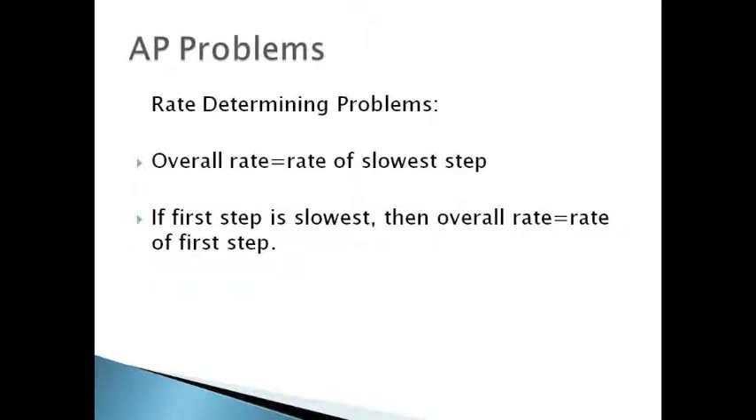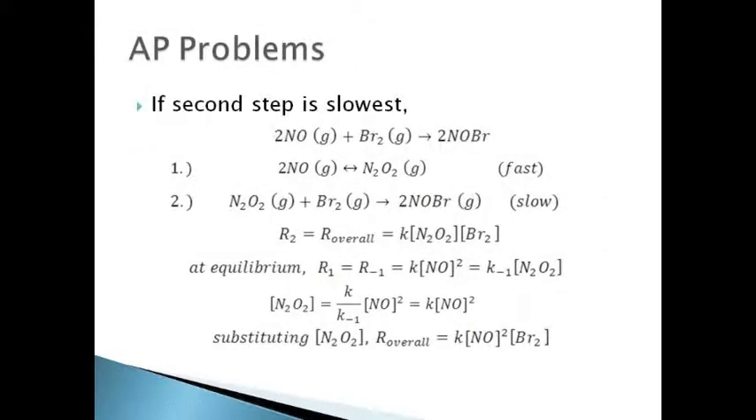Finally, we'll move on to AP problems involving catalysts. Now, there's really only one type, which are the rate determining problems. Now, we know that the overall rate is equal to the rate of the slowest step, and we know that catalysts produce several steps in a reaction. Therefore, if the first step is the slowest, then the overall rate is equal to the rate of the first step. If the second step is the slowest, then we go through a whole different process, which involves a little bit